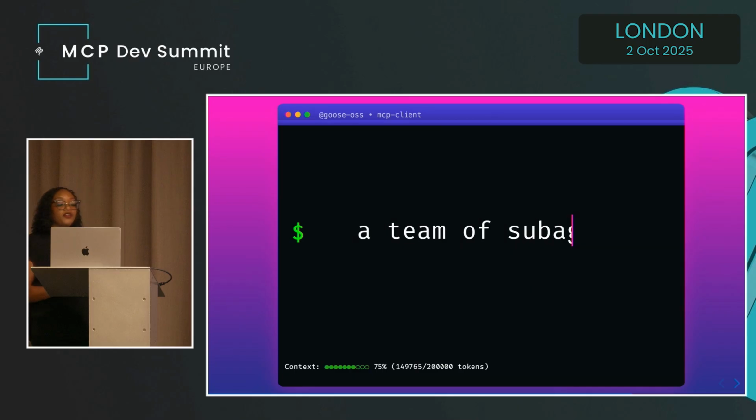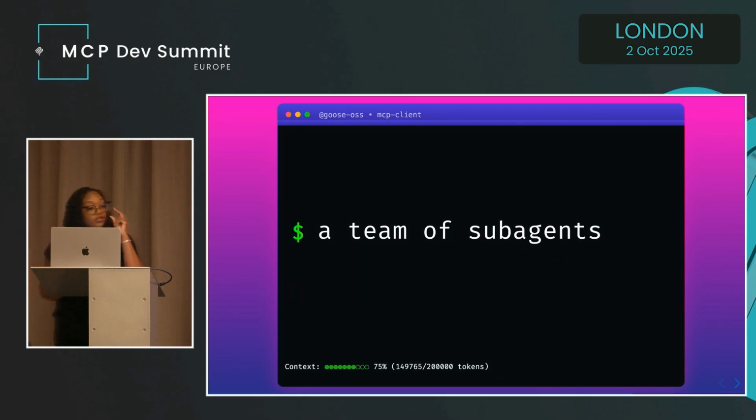And Goose was one of the first to introduce sub-agents to the MCP ecosystem. So this is a setup where a main agent such as Goose acts as an orchestrator, and it can delegate work to other agents that it controls.